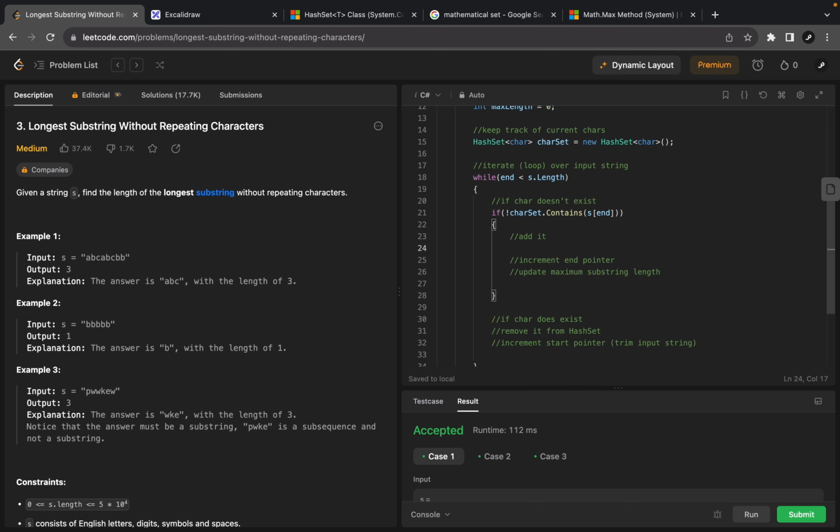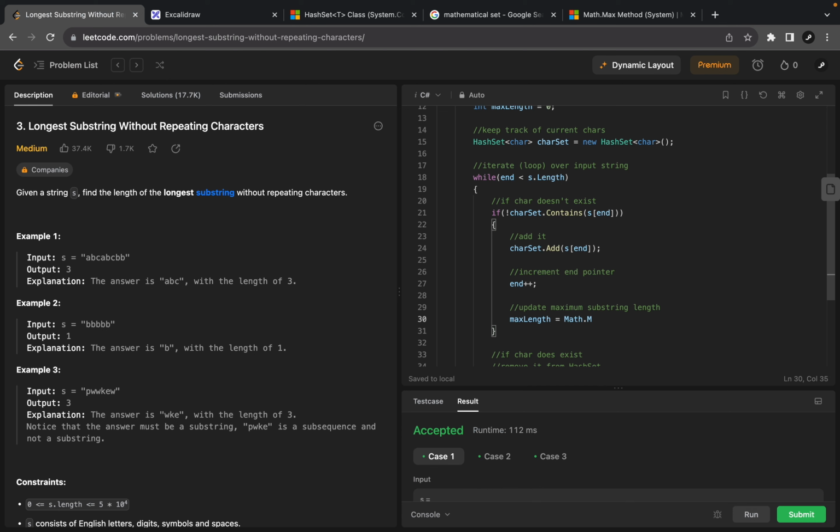We need to add it, which should be very familiar at this point. Char set dot add, and then we need to increment our end pointer, end plus plus semicolon, and then update our maximum substring length. Very similar to what we've done again with our